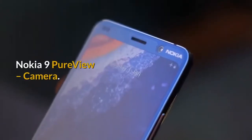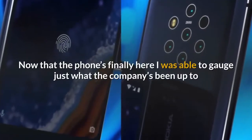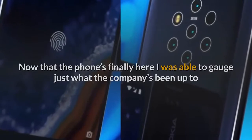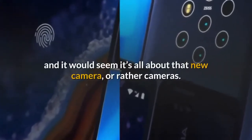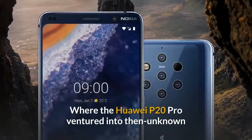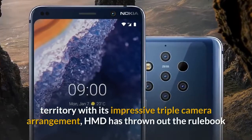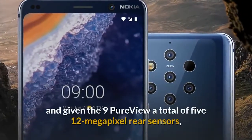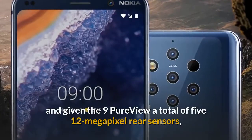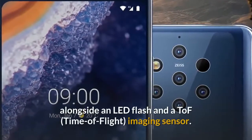Nokia 9 PureView camera. Now that the phone's finally here, I was able to gauge just what the company's been up to, and it would seem it's all about that new camera, or rather cameras. Where the Huawei P20 Pro ventured into then unknown territory with its impressive triple camera arrangement, HMD has thrown out the rulebook and given the 9 PureView a total of 5 12-megapixel rear sensors, alongside an LED flash and a